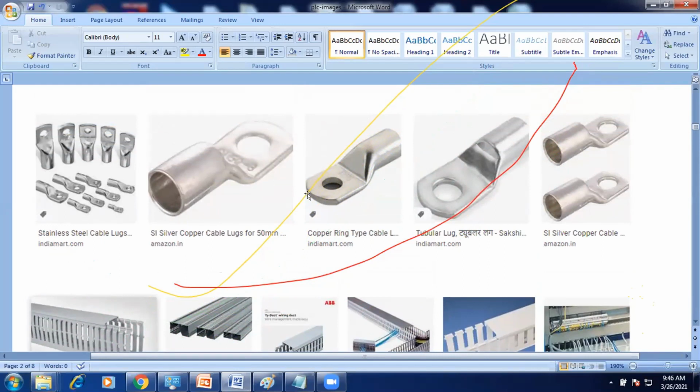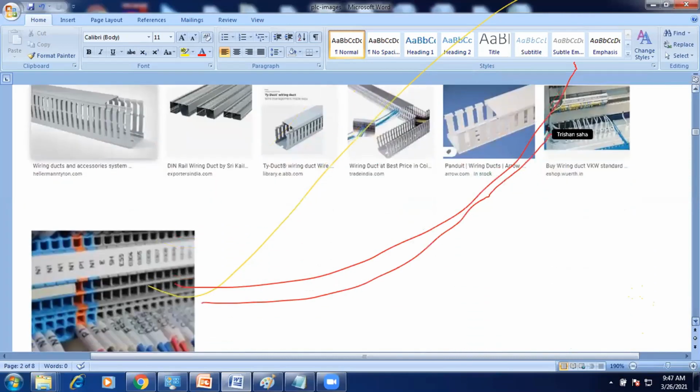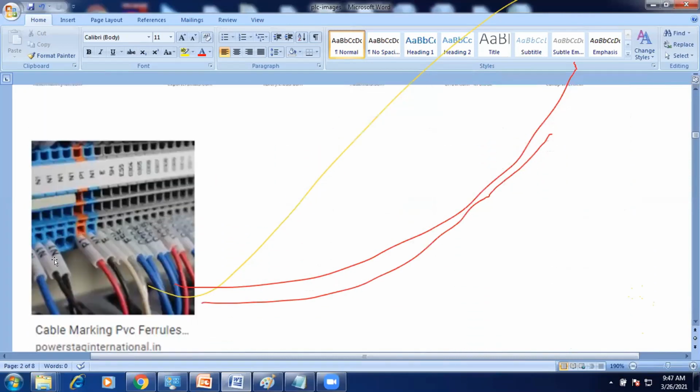Next one is ferrule. See here, the numbers are mentioned, right? The ferrule is also called a cable marking nameplate. Why?